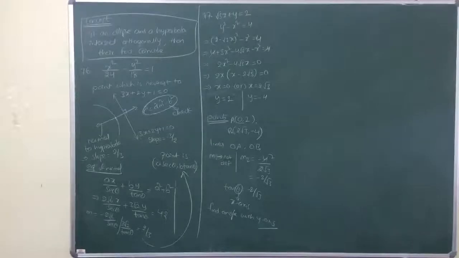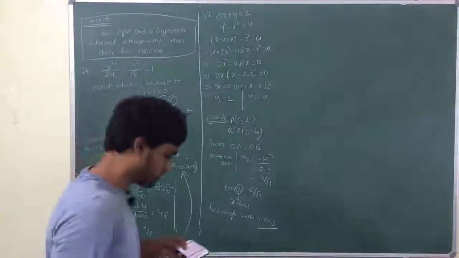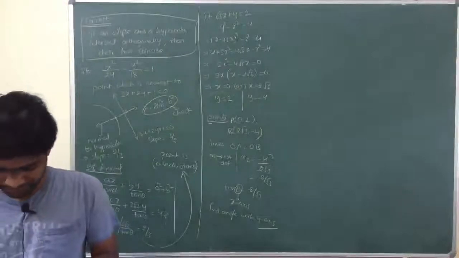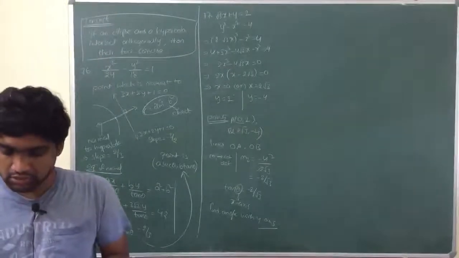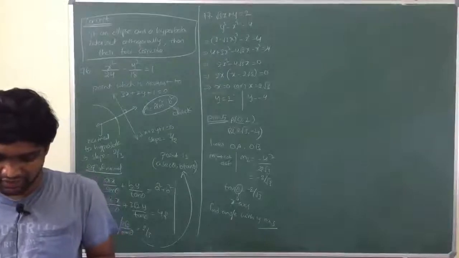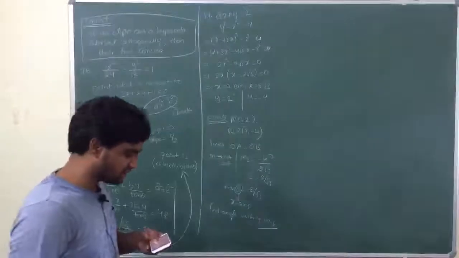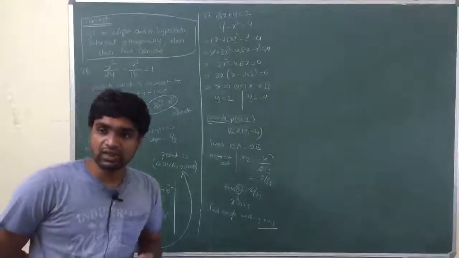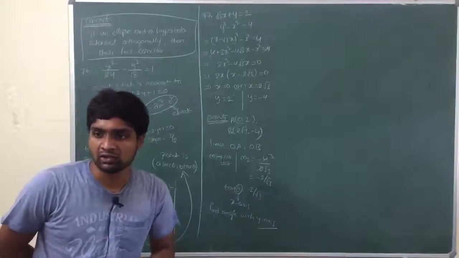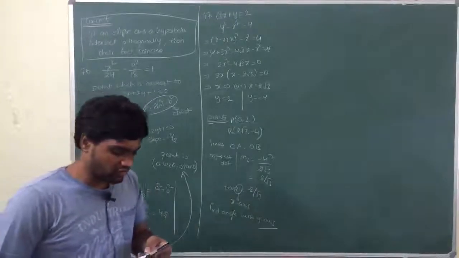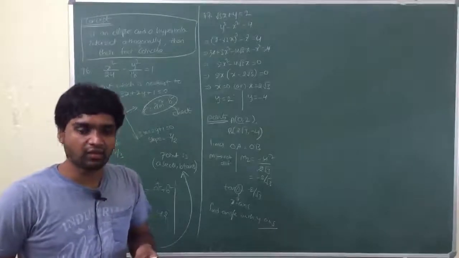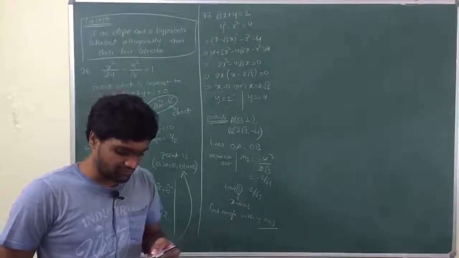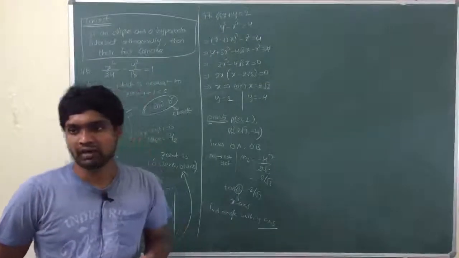78. If a point moves so that its distance from the point 2, 0 is always 1 by 3 of its distance from the line. Distance from the point is always 1 by 3 of its distance from the line. Which means that is an ellipse. 1 by 3 times, that is a constant value. The ratio of distance is constant and that ratio is 1 by 3, which is less than 1. So e is 1 by 3 in that question, which means the conic is an ellipse. Length of latus rectum, find out: 2b square by a. Okay.